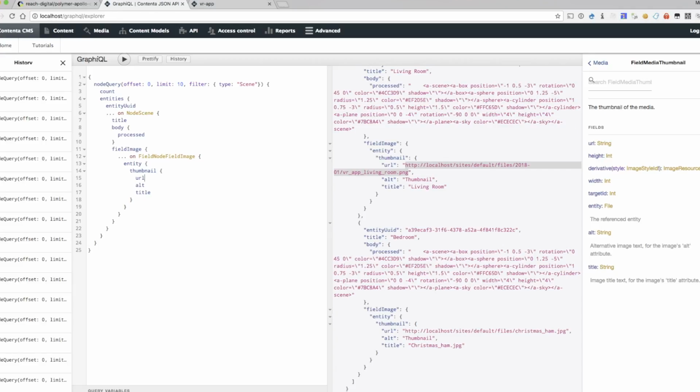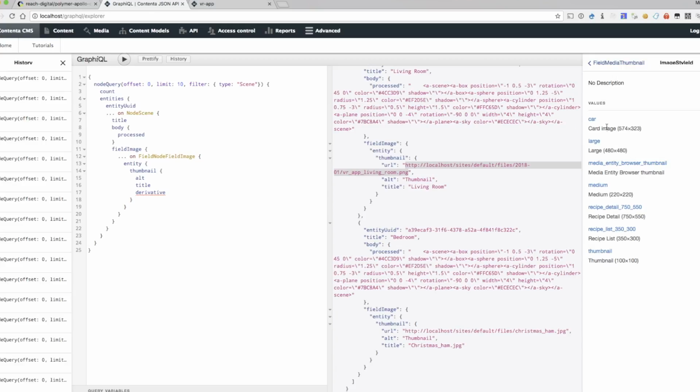So we'll leave that information, and we'll say derivative. And as you can see, it takes an argument, which is style. So if we click on that, we can see all the different image styles that we have in the system. So let's get large style. So we'll say style large,